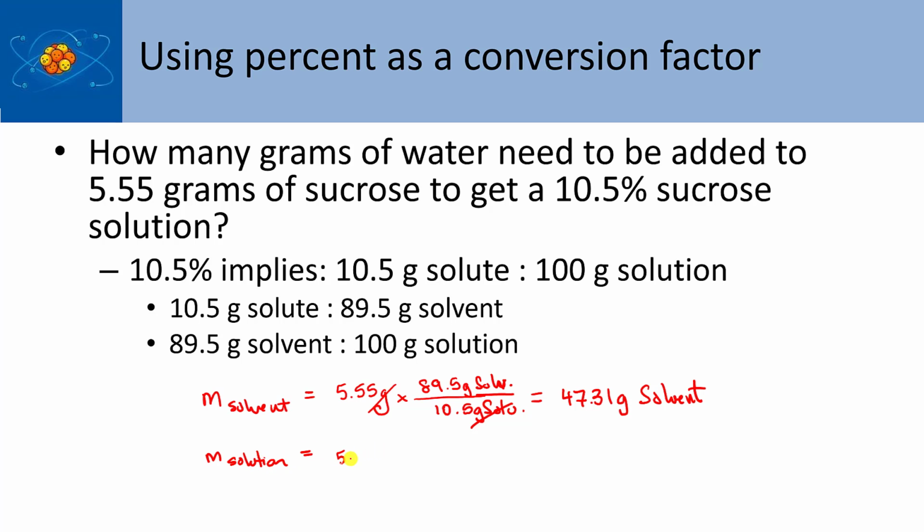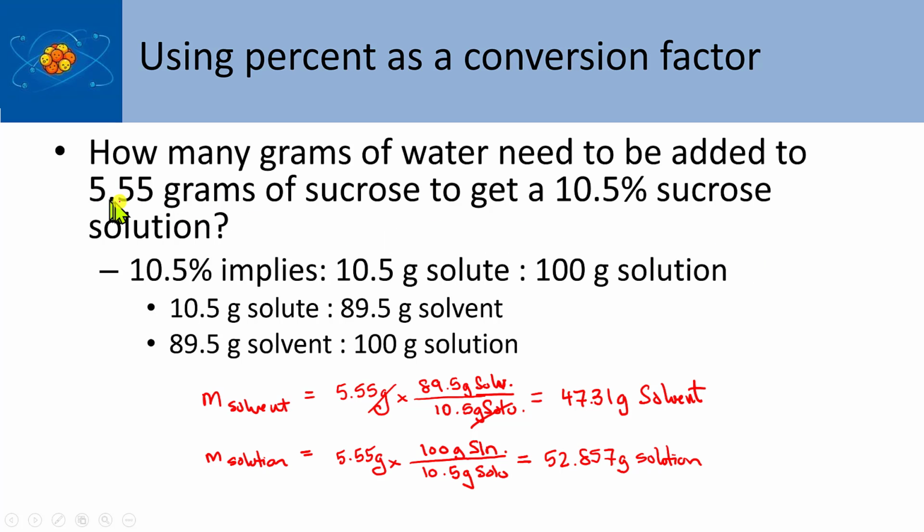We would take 5.55 grams, and then we can use the mass percent directly. We can say 10.5 grams of solute for every 100 grams of solution. Just abbreviate it like that. And that gives us 52.857 grams of solution. Now the reason we do that typically in the lab is the way we make the solution